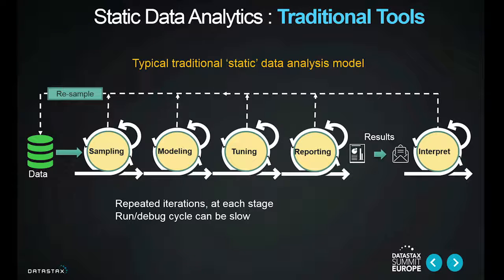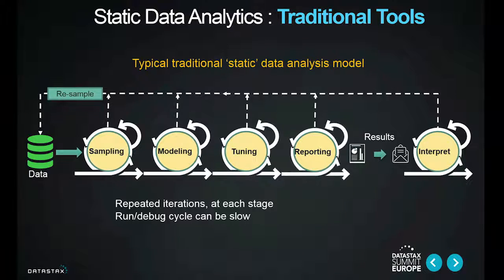So this diagram serves to represent what a traditional static data modeling process might involve. You have some data. It could be a very large amount of data. And ideally, if you have machinery that's capable of reading all this data, at one point you read it in. This typically happens on maybe one or two large machines, often a scripted process, shell scripts, which you tweak and then debug and then rerun, often from the top.